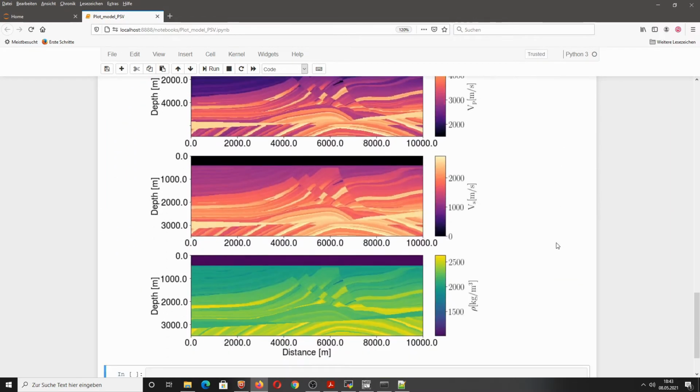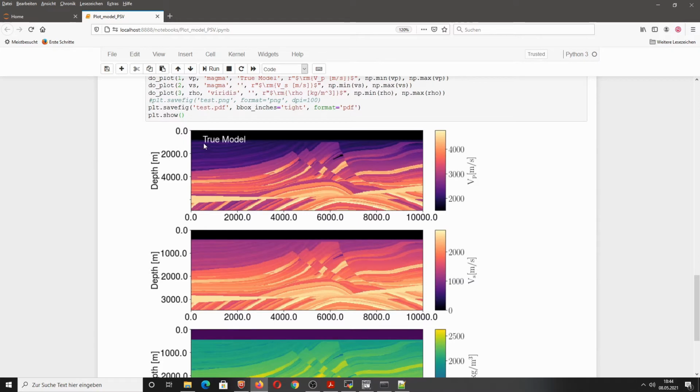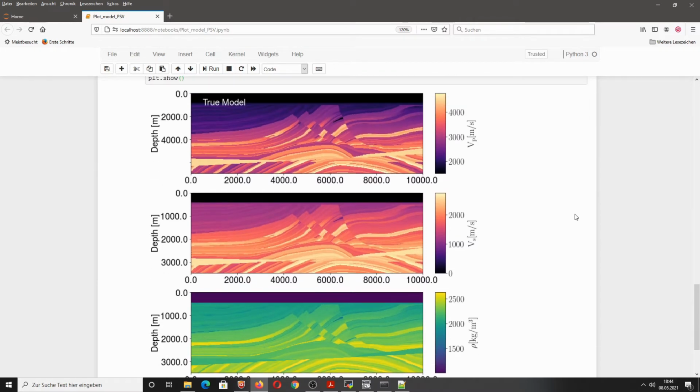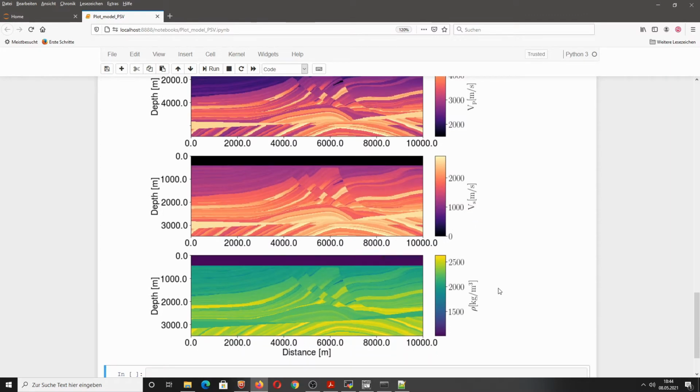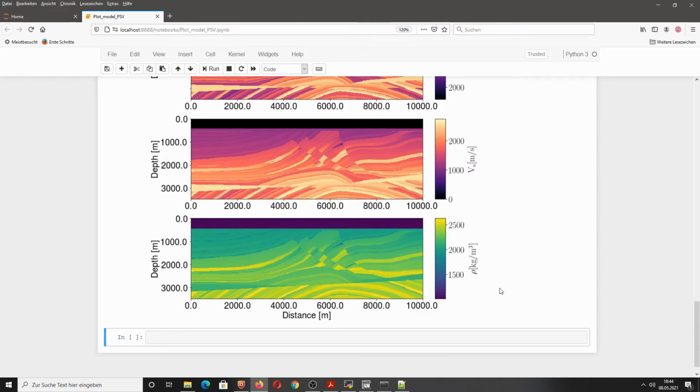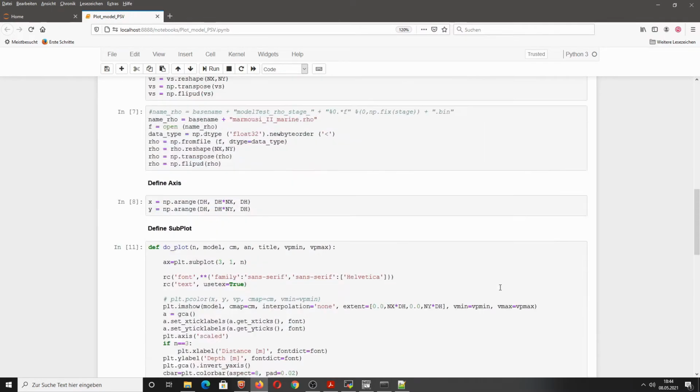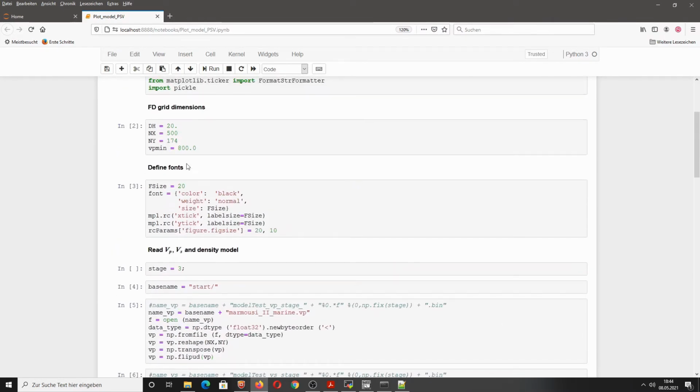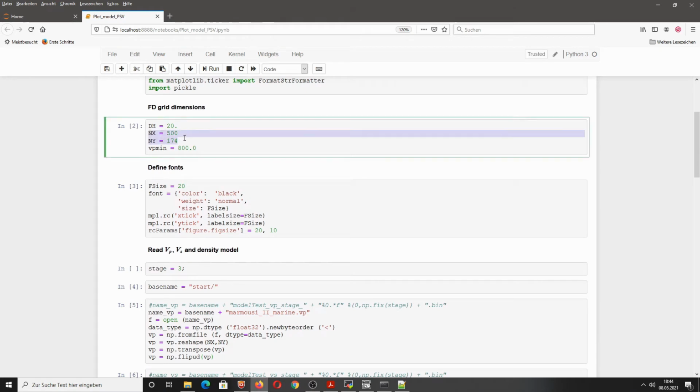You can optimize it. So now you see we have a nice image of the true Marmousi model for the p-wave velocity, the s-wave velocity and the density. So we have now checked if the dimensions of the model are really correct, so if we really have 500 grid points in x direction and 174 grid points in y direction.